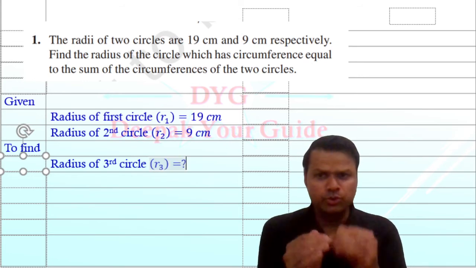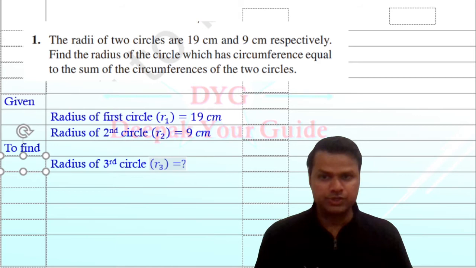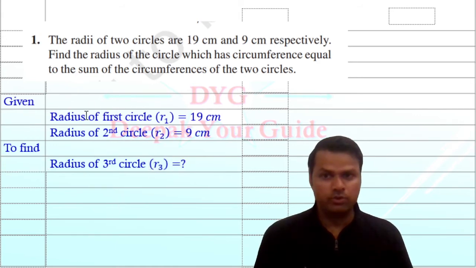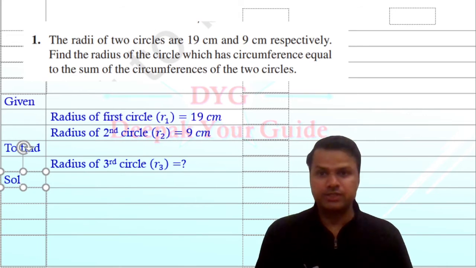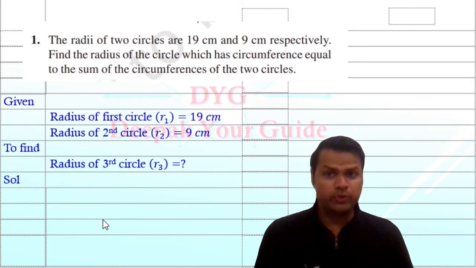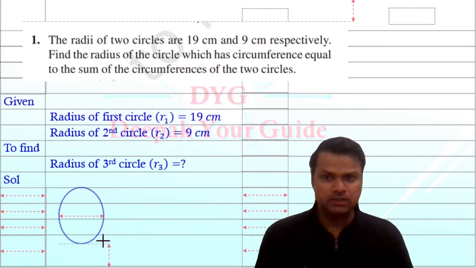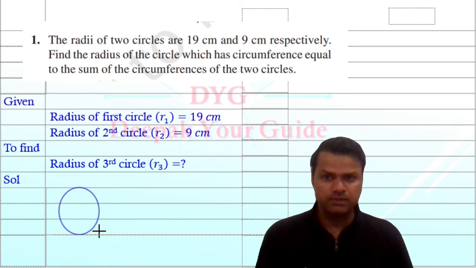So I have just noted down the information what they gave in the question and what they want us to find out. Now let's solve it and plan the strategy. Now if we want to understand this question with the help of figures, so let me draw these circles, what actually they are saying. So they are saying that we have got one circle. Let me make this circle here. And then they're saying we have got another circle. So let me make a smaller circle.